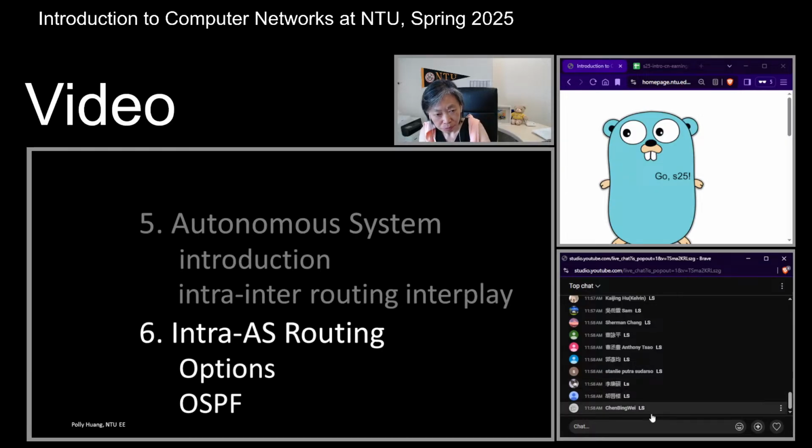Very good. And now we come to talk about OSPF more, because among these options, OSPF seems to be the most popular one till today. And the video is a little bit long, 6.5 minutes, because OSPF is essentially link state routing, but with quite a bit of extensions. The 2 extensions probably worth mentioning and discussing more are, first, you see, link state